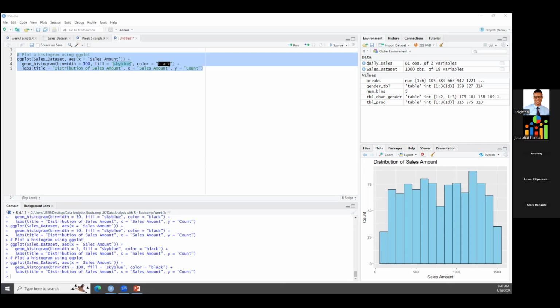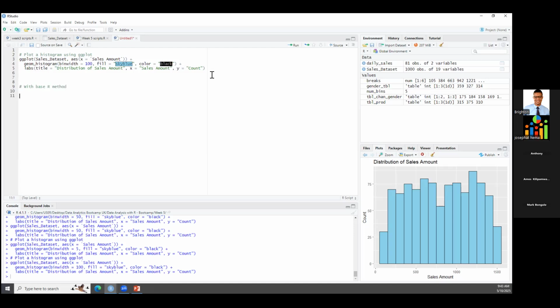Now, remember last time, this is ggplot, histogram using ggplot. Let's draw the same histogram, but this time around, we want to use another method. We want to just use the normal base R method, which is the method that we saw earlier. And this method is just simple. You need to specify